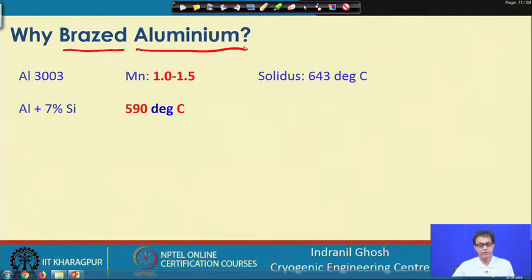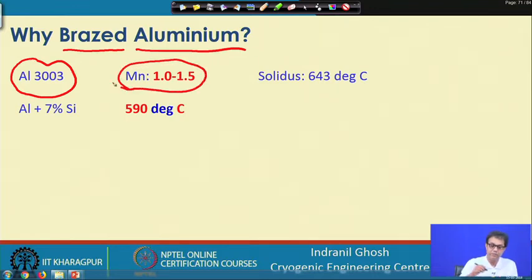So that is another favorable parameter. Particularly we go for aluminium 3003, the 3000 series, which, other than aluminium, is manganese based, with about 1 to 1.5 percent of manganese, and its solidus